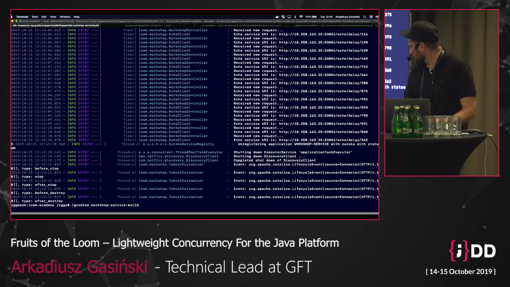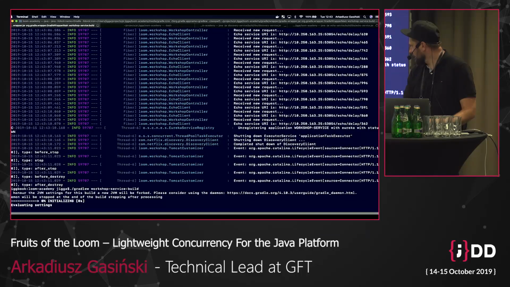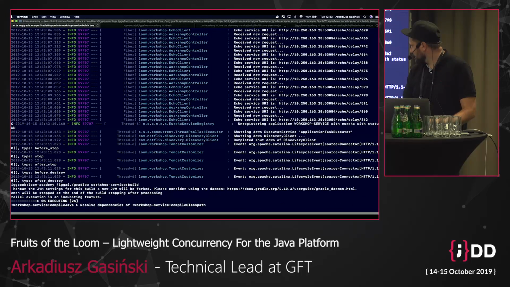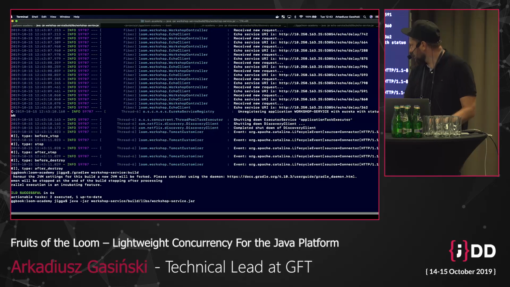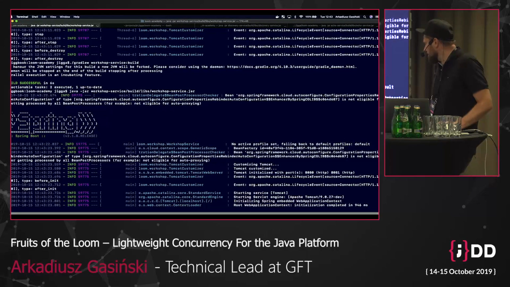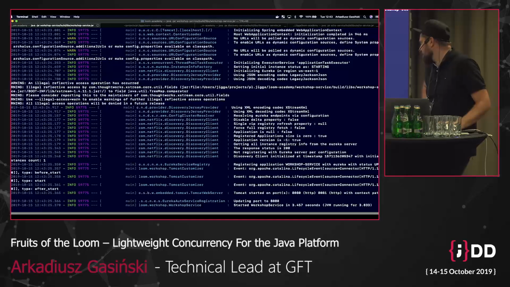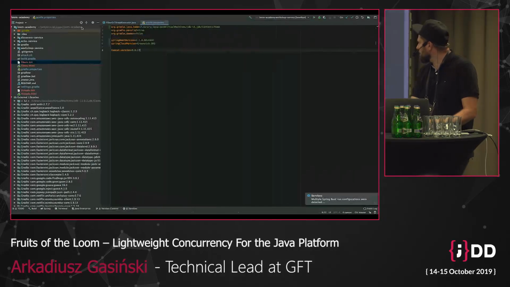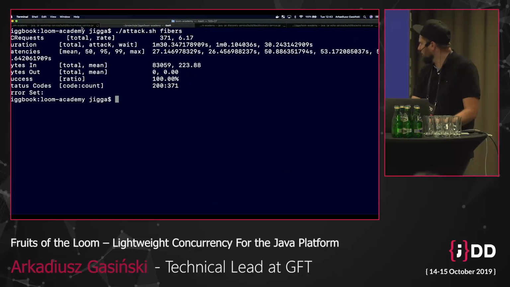So let's rebuild the process. Okay, that's done. Let's run it again. So right now it uses the customized version of Tomcat that is fiber friendly. So let's start with the initial load of 10 requests per second.